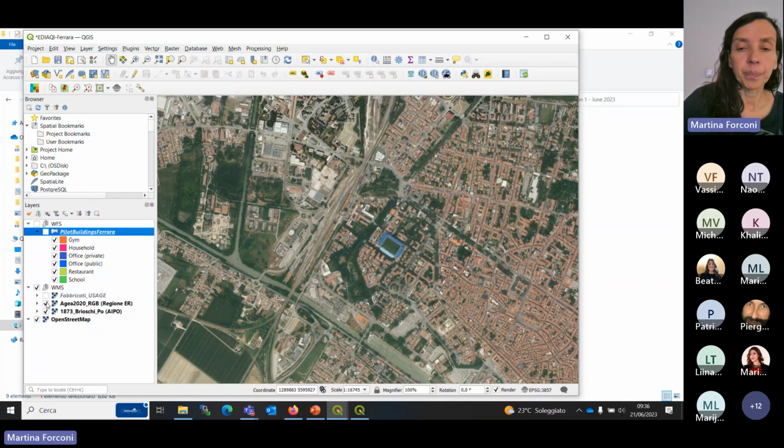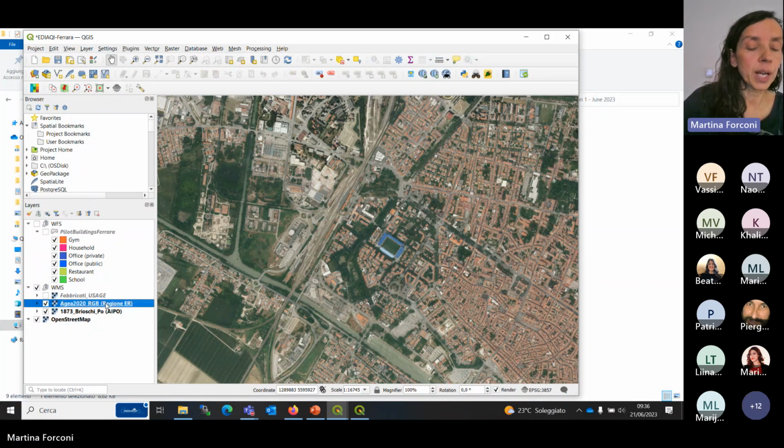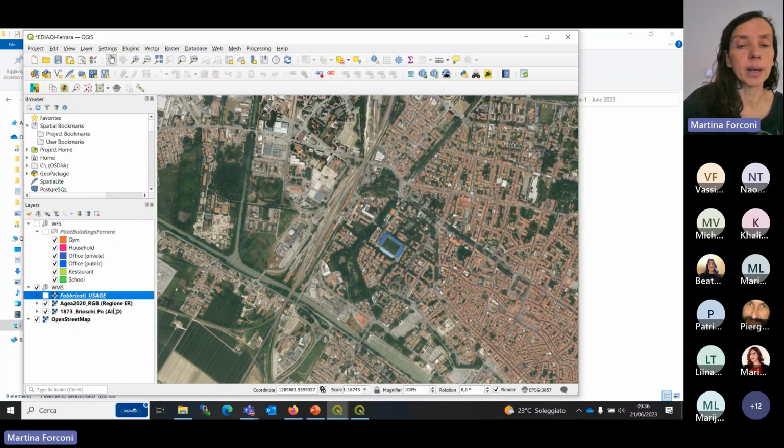We have the orthophoto from the regional Emilia-Romagna server. And we have buildings from the usage project. So this is a way to see data coming from different servers.